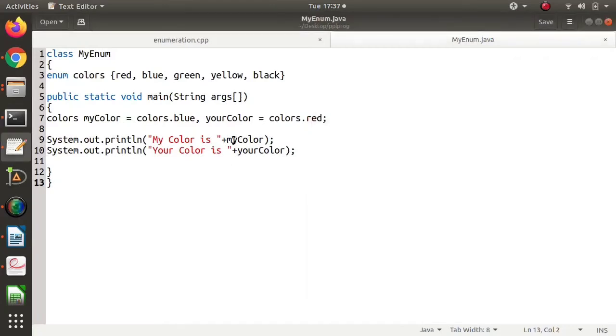Now see, these are the objects, right? Why are they objects? Because this is a variable of this class. Enumeration types are classes, so this is the object. As it is an object, we can call some methods also. For example, if we call this method, ordinal, this is a method,